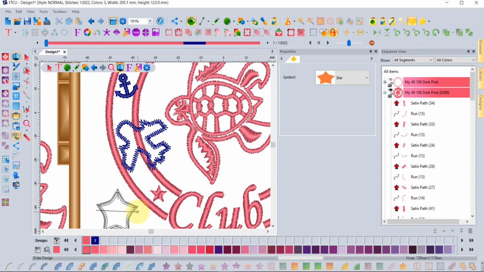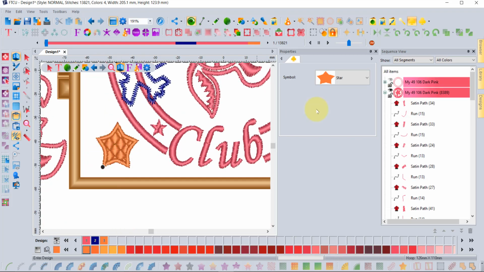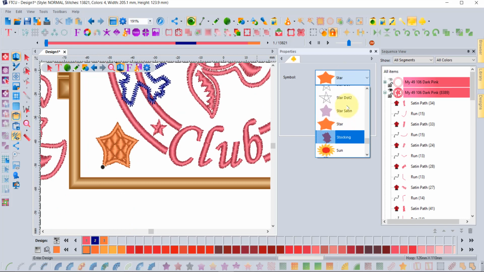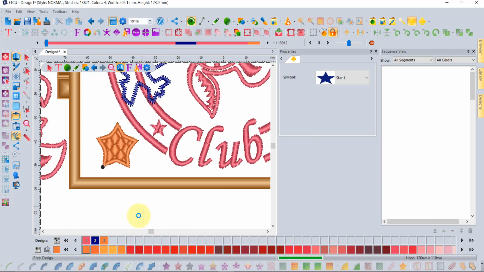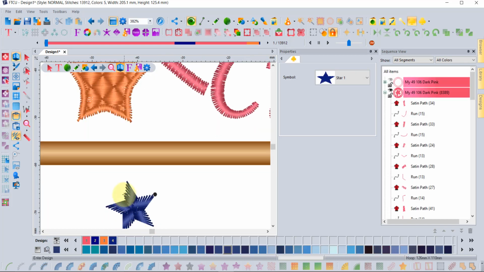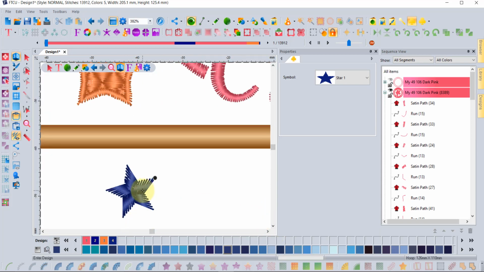No, this is a filled with a border is what that'll be. It'll have a fancy fill with a border. So it wasn't that one. I think it might have been star number 1. Yeah, so star number 1 gives kind of like 5 different distinct stitch directions, and I really liked that for my small satin stars. And so here's the question: how small and how big can I make these little stars,